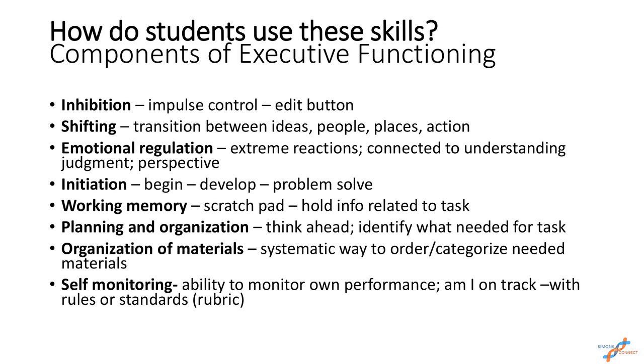And then finally, a really advanced executive functioning skill is being able to self-monitor. If we think about this in an academic way, we can say, am I on track with the rules? Am I following the rubric? So looking at what I've done and comparing it to a standard about what I know that I am supposed to be doing. But self-monitoring can also be something that we do just in everyday life. It really goes along with all of these other things, being able to really think about thinking and think about our own organization.